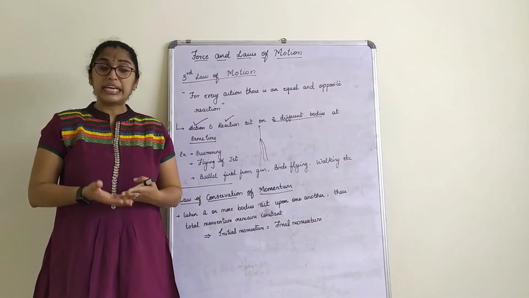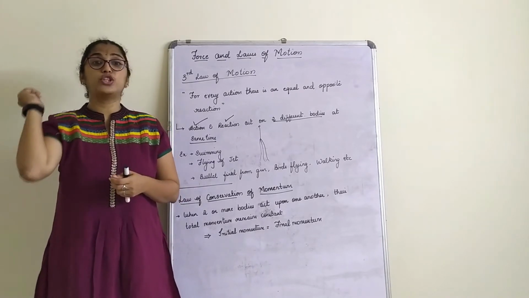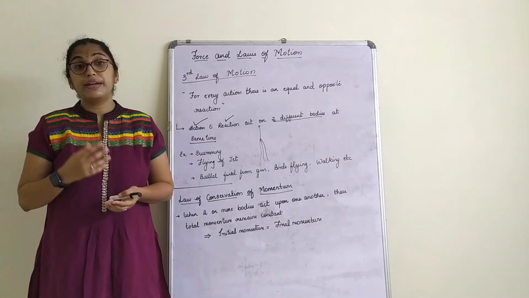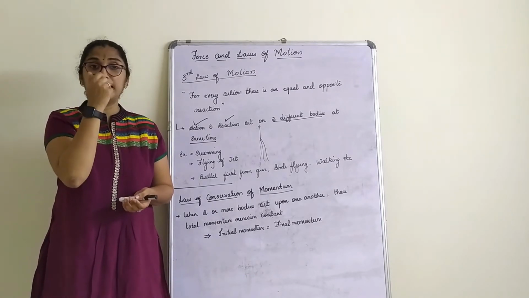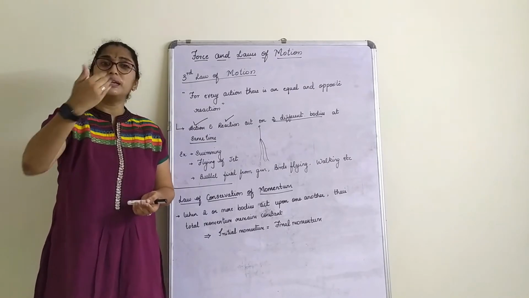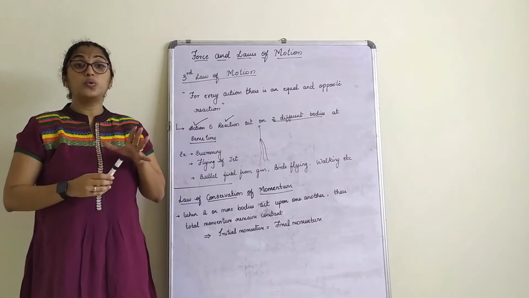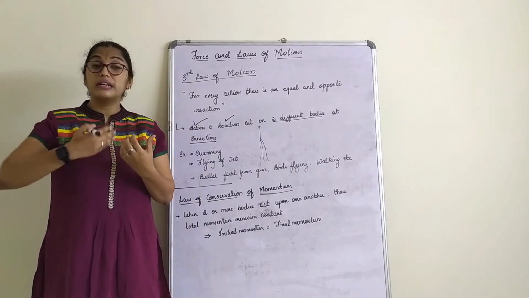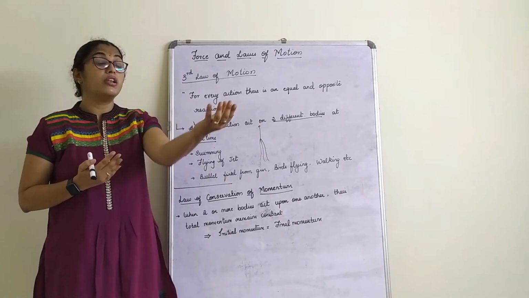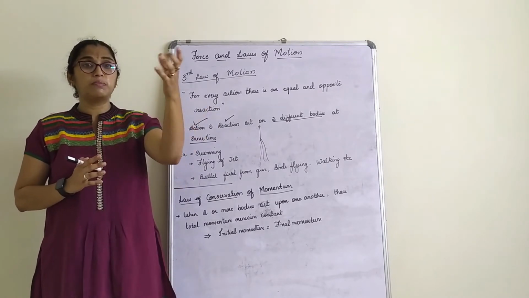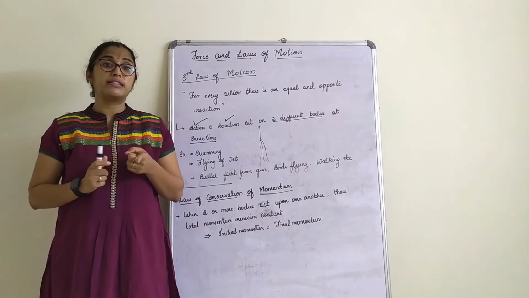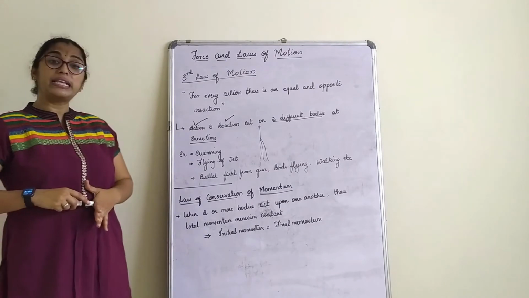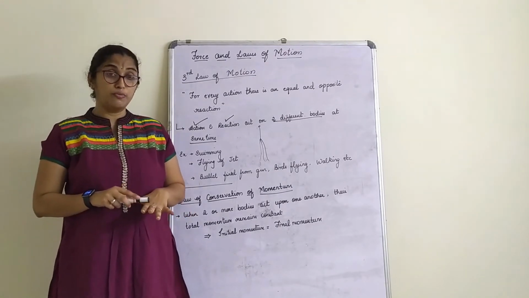Now if that was the case, then any object which is thrown has to bounce back, correct? So that doesn't happen. Now I will take a small cube and I'll just throw it. Will it bounce back? No. That's only because of the surface of the ball which is in curved shape, which makes the ball bounce back. So when you throw the ball, bounce back is a wrong example for Newton's third law of motion. So these are the few examples of Newton's third law of motion.